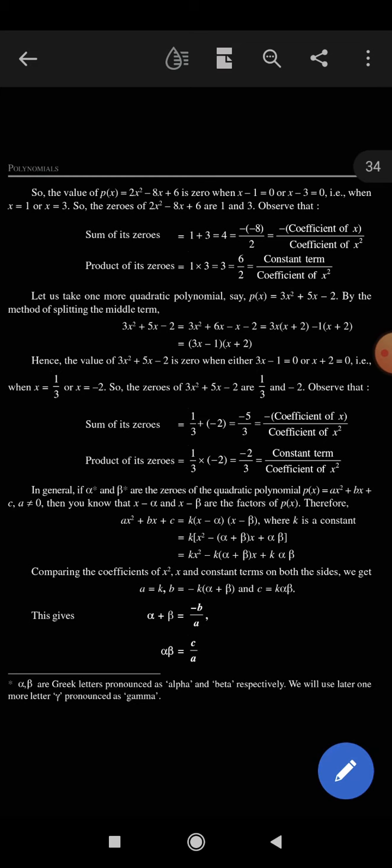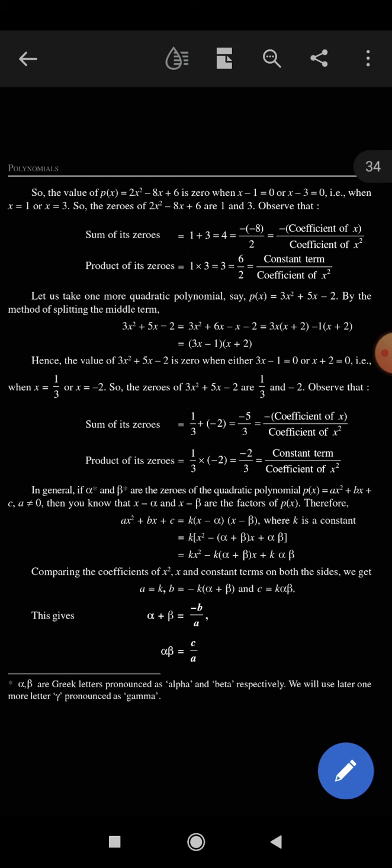Hence the value of 3x square plus 5x minus 2 is 0 when either 3x minus 1 is 0 or x plus 2 is 0, that is, when x is equal to 1 by 3 or x is equal to minus 2. So the zeros of 3x square plus 5x minus 2 are 1 by 3 and minus 2. Observe that the sum of its zeros is equal to 1 by 3 plus minus 2, which is equal to minus 5 upon 3, and that